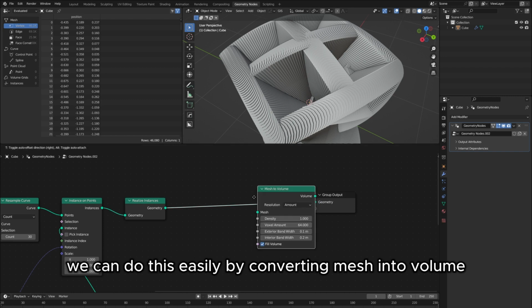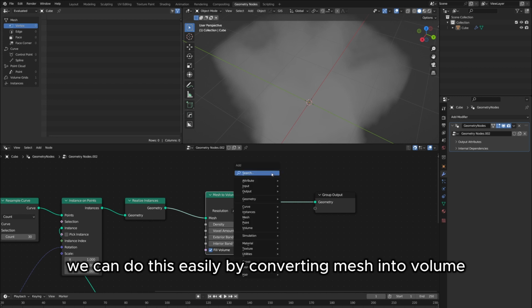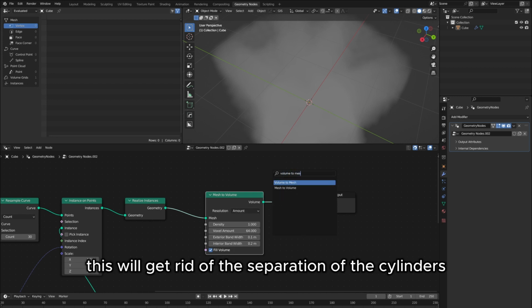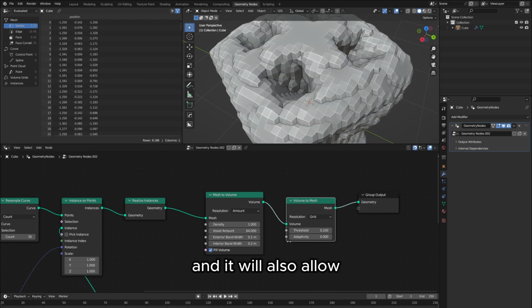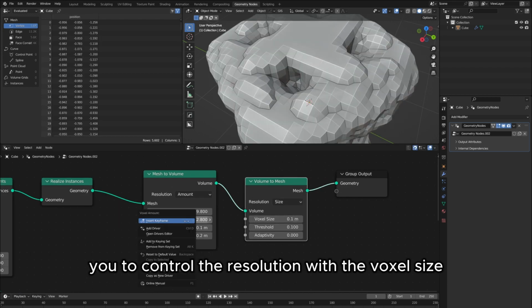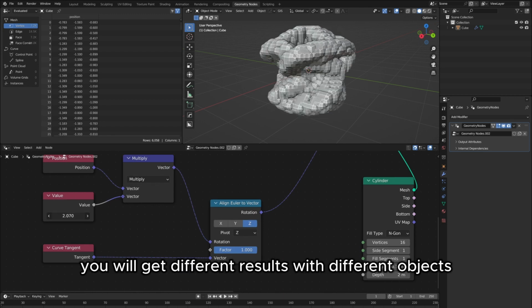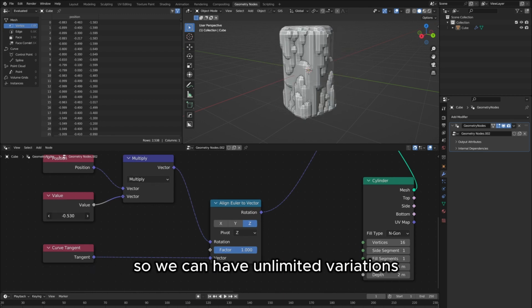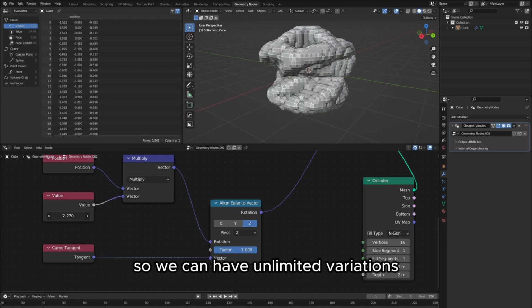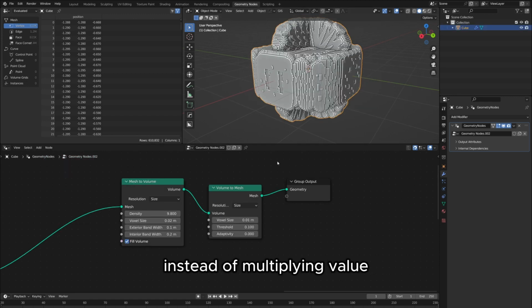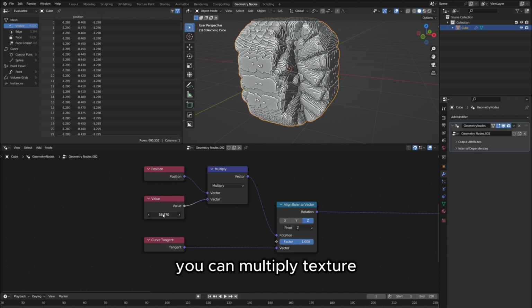We can do this easily by converting the mesh into a volume, and then converting the volume back to a mesh. This will get rid of the separation of the cylinders, and it will also allow you to control the resolution with the voxel size. But the best part about this method is that you will get different results with different objects, so you can have unlimited variations. If you want to have the rotation uneven and more randomized, instead of multiplying a value, you can multiply a texture